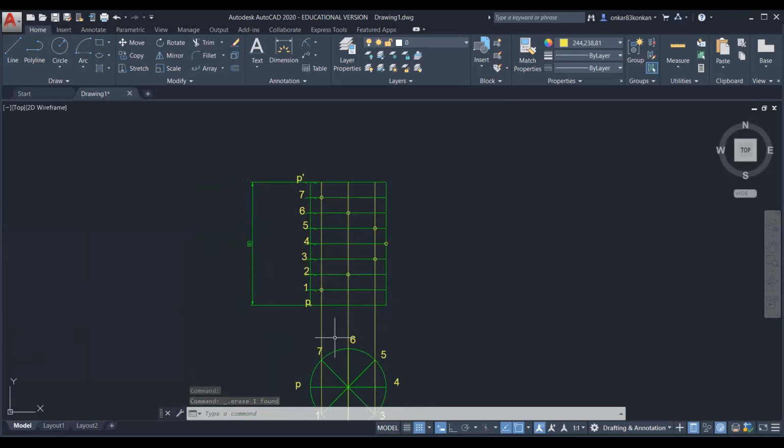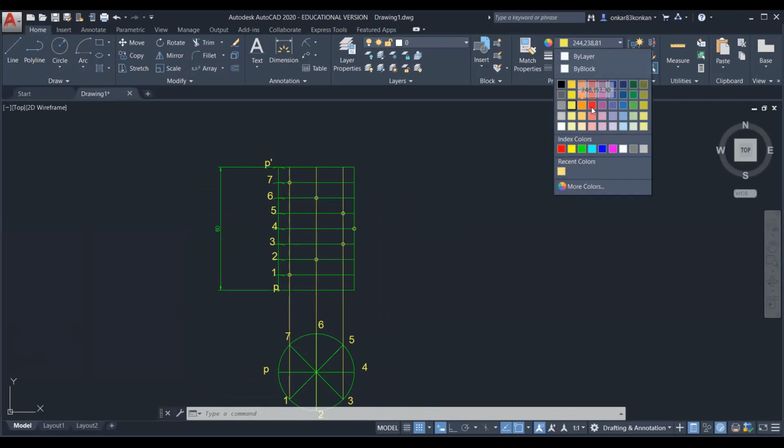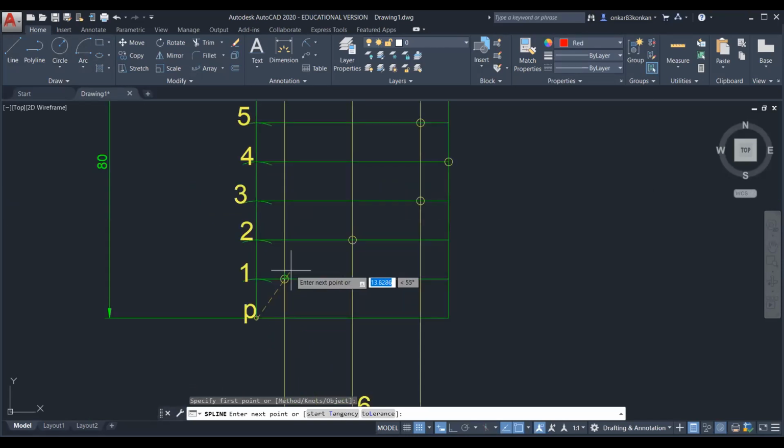Now you can observe the complete curve. The curve will start from this point and pass through the successive points.